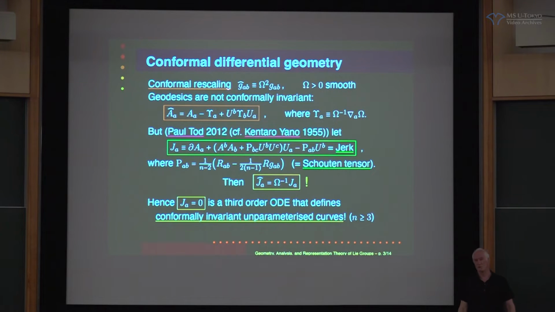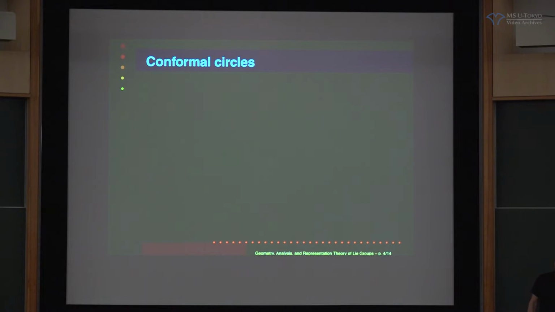This gives you some unparameterized curves in conformal geometry, which, as it turns out, as of this year, basically, are useful, just like geodesics are in the Riemannian case. Some people indeed call these curves conformal geodesics, but they're not actually minimizing anything, so I don't really approve of that terminology, but there you have it. You need n to be greater than or equal to 3 here, strictly speaking, because you need this Schouten tensor to make sense. Later on, we'll drop that a little bit.